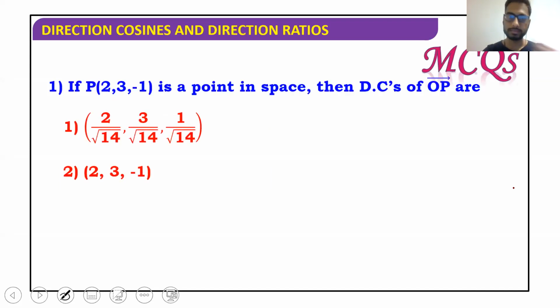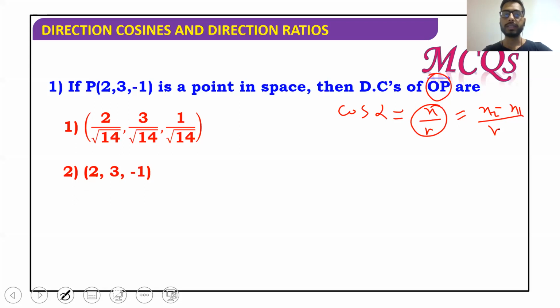If a point P is present in space, then the direction cosine of OP, as we have seen earlier, cos of alpha is going to be x upon the distance. The distance we want is OP, where O is your origin and point P is a point in space. Therefore, I can say that cos of alpha is equal to x upon r. If I had 2 points P and Q, then cos of alpha would be x2 minus x1 upon r.